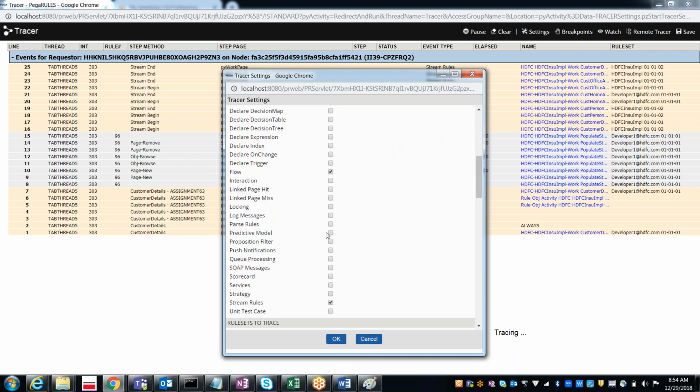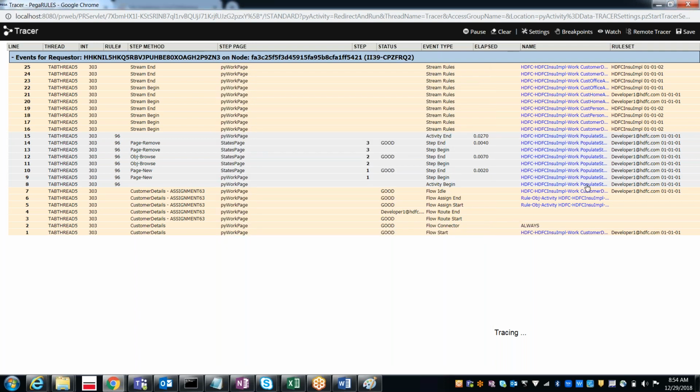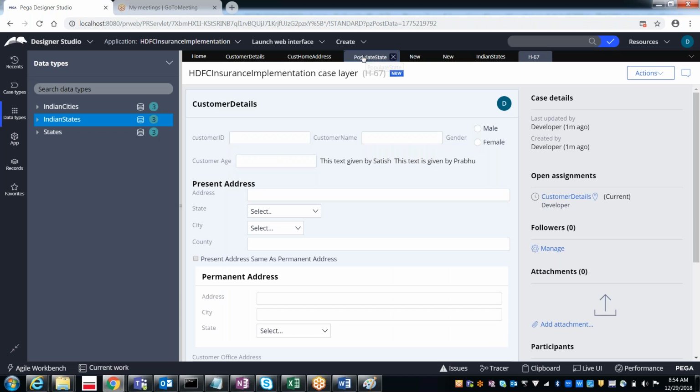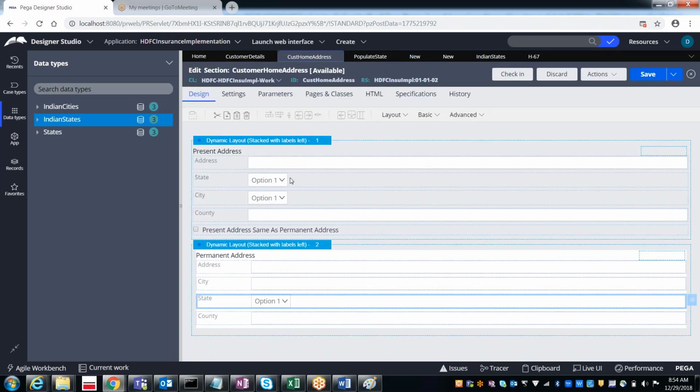Okay, report definition is not there, but still, if you want to see how many times it is called, populate state. This we have done through the activity. Where exactly have we used populate state?